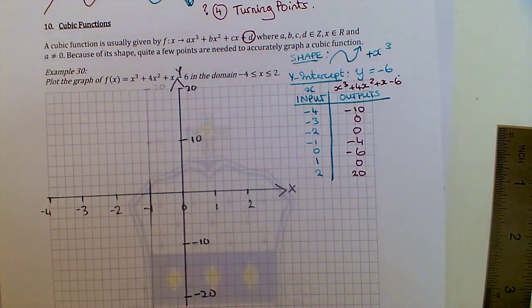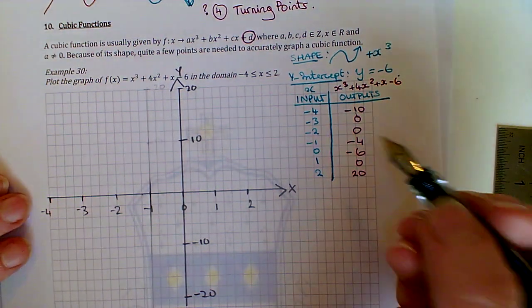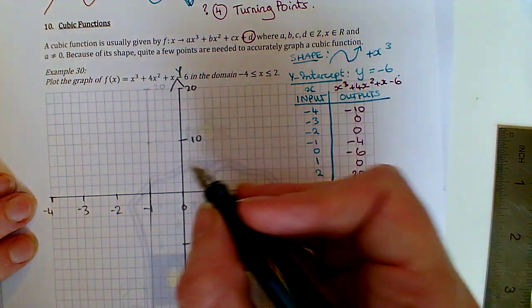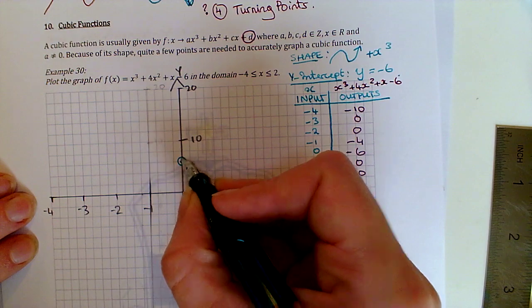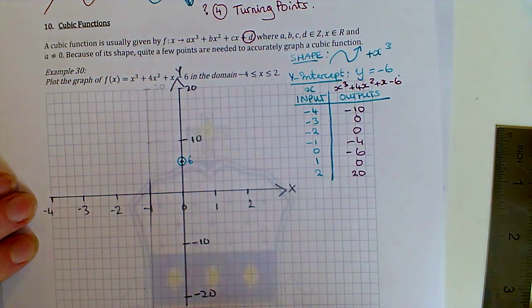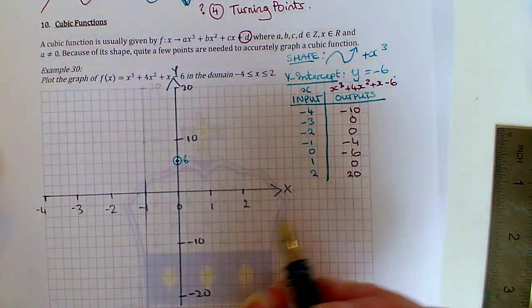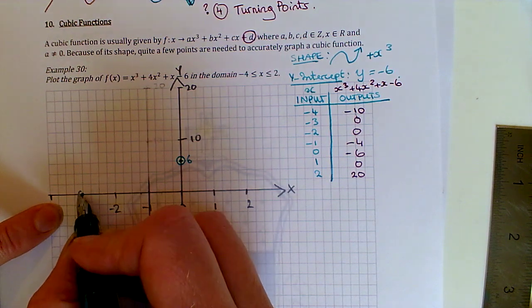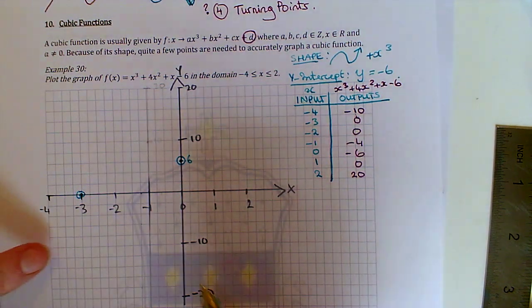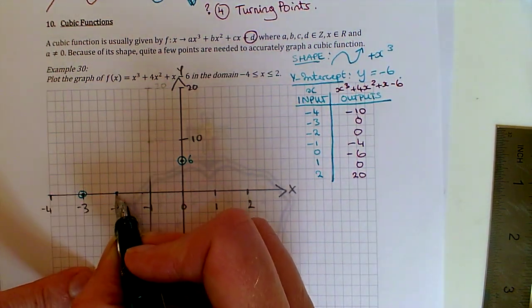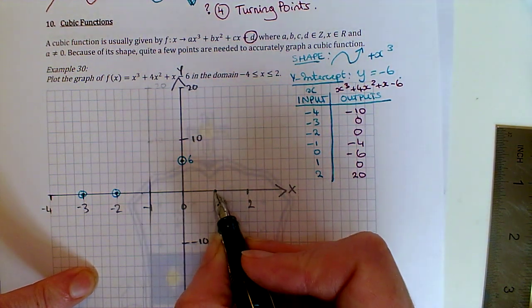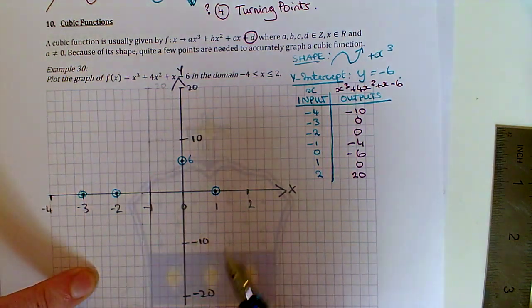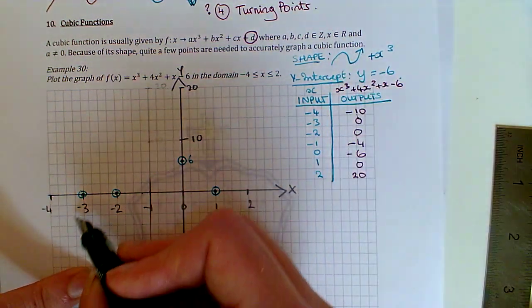So let's plot the relevant points. We know that we have 2, 4, 6. That's going to be my y-intercept. It's at 6. And I've got my roots, minus 3, 0, minus 2, 0, and 1, 0. That's actually enough because I know the shape is going to be